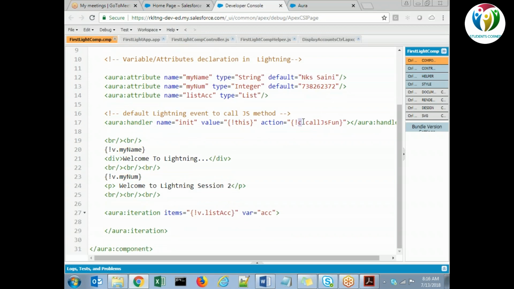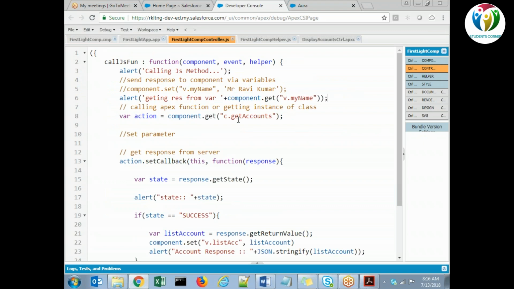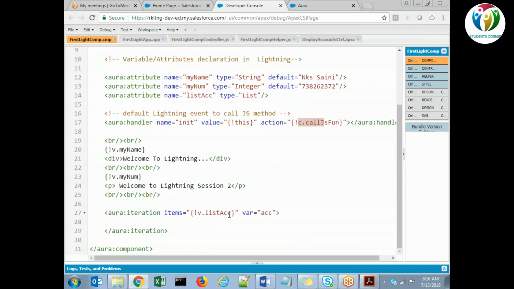So if I want to display some more fields, for example, I'm going to query all the fields, industry.